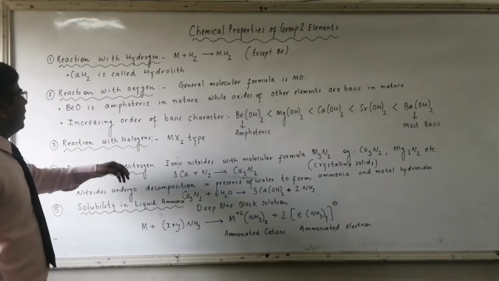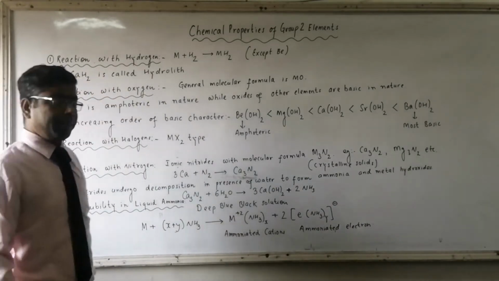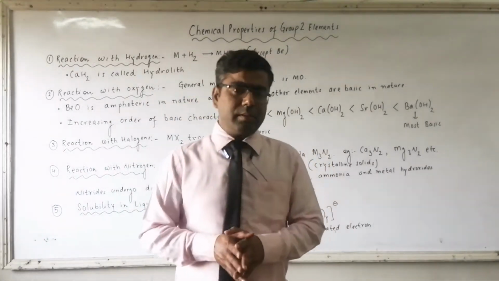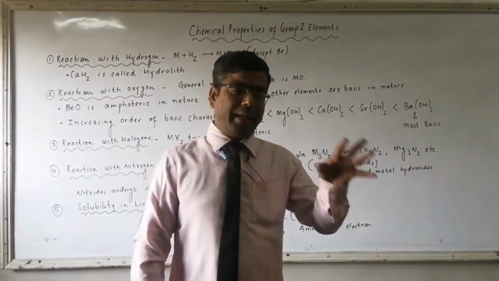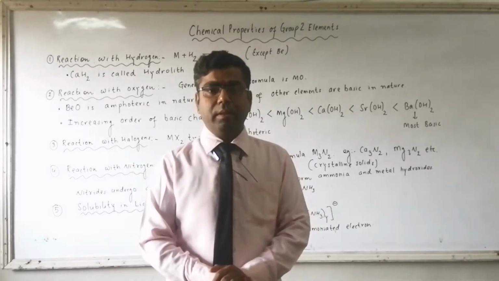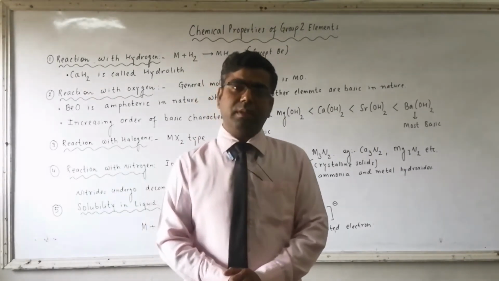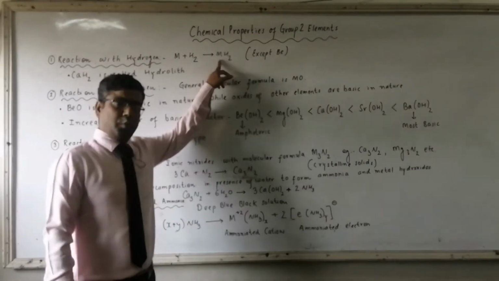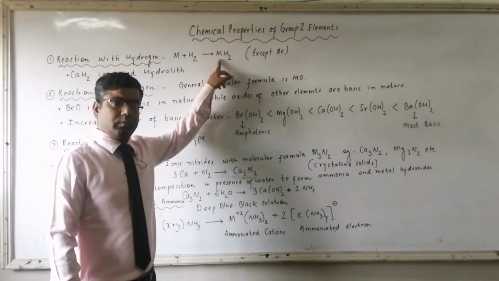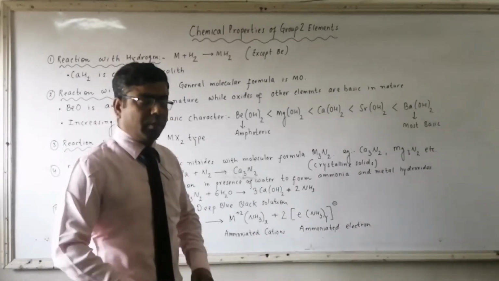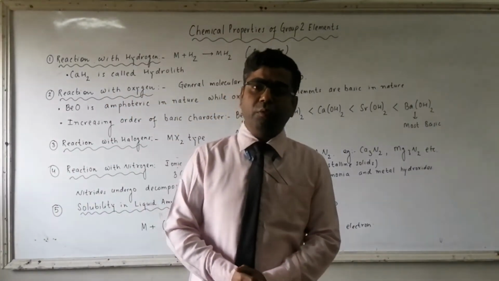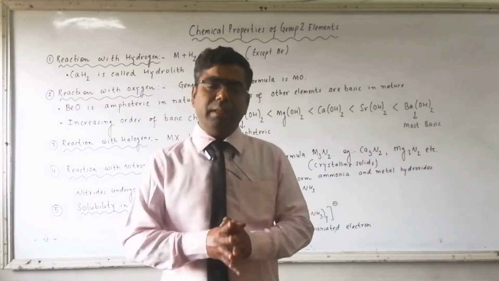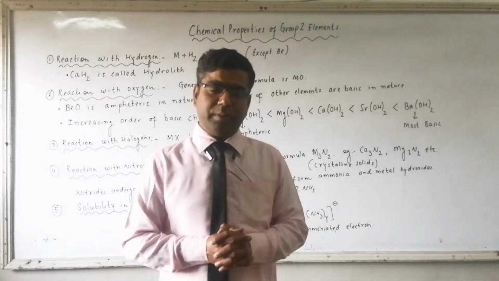Number first is reaction with hydrogen. Alkaline earth metals react directly with hydrogen and form hydrides with general molecular formula MH2. Calcium will form CaH2, magnesium will form MgH2 and so on. But remember, beryllium does not show this reaction,